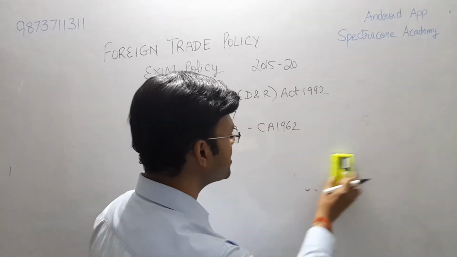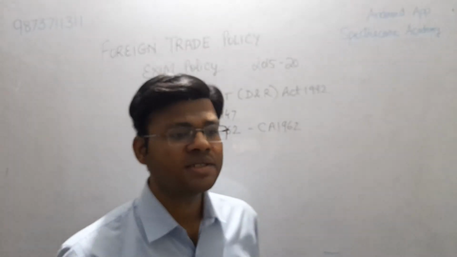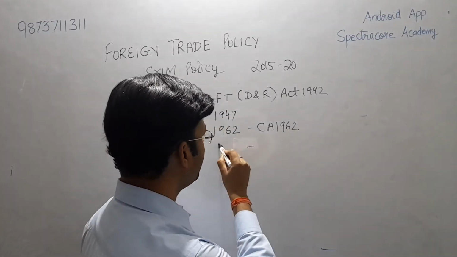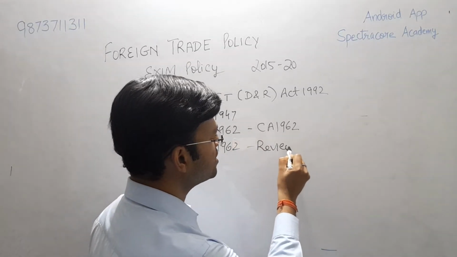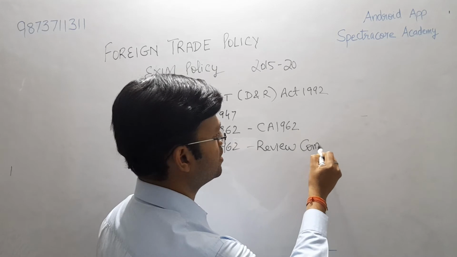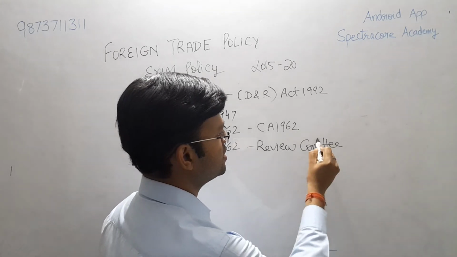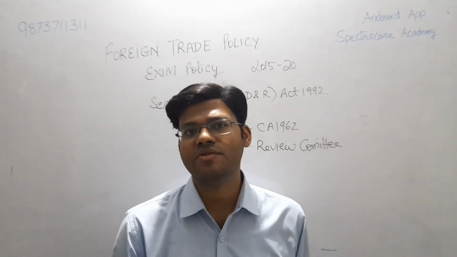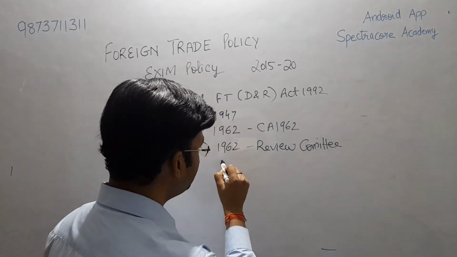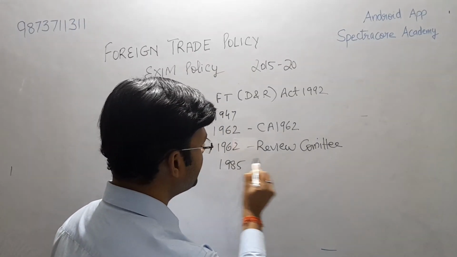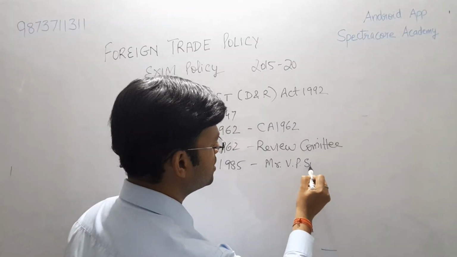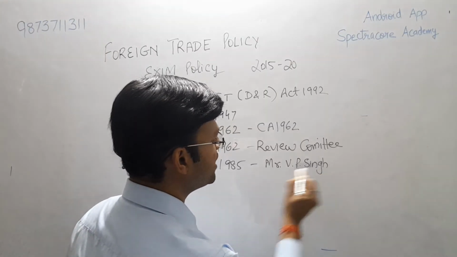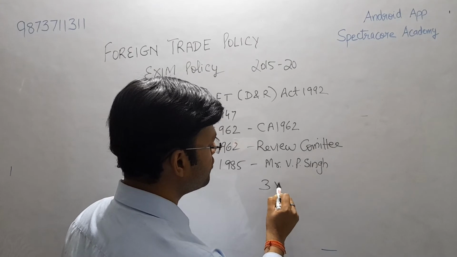However, when the Customs Act was enacted, a review committee was formed in 1962 to evaluate foreign trade, and how we must regulate this foreign trade. So in 1985, the then Commerce Minister Mr. V.P. Singh announced that we shall be having a foreign trade policy. Initially it was for only 3 years,